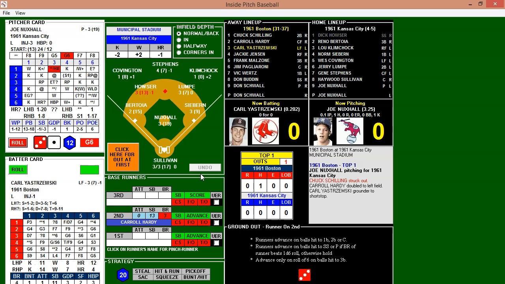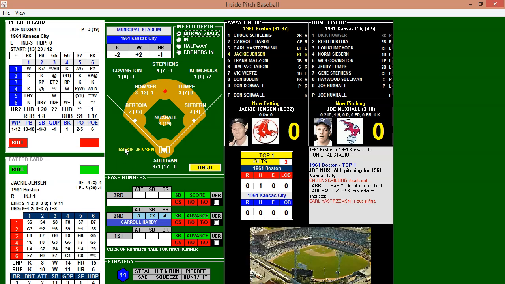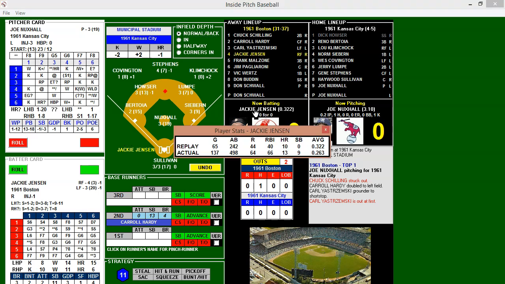If the runner beats a D6 roll, he does not beat the D6 roll, so Hauser looks the runner back, throws to Seaborn for out number 2. So Yastrzemski is unable to get the runner over. Then we have Jackie Jensen. Jensen comes in hitting .322, having a very good season, 60 points above his season average of .263. 10 homers and 40 runs batted in, showing some early power.